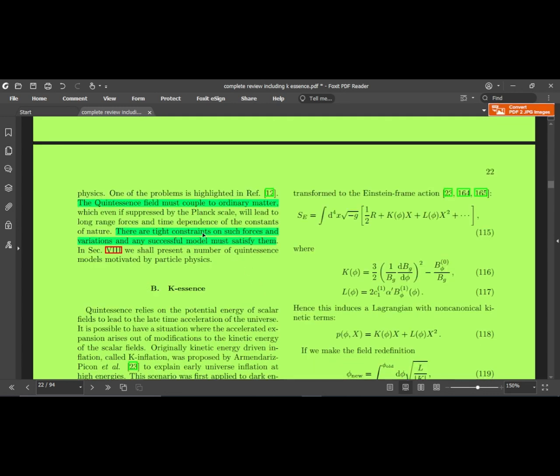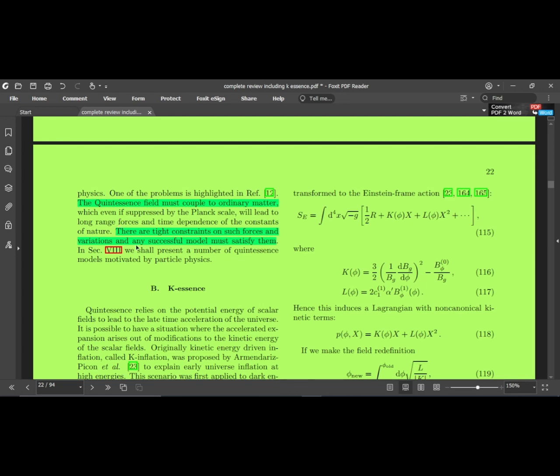So if you are getting time dependent constants as well as a long range force, the magnitudes of these forces must be such that they do not exceed certain bounds. Otherwise this basically implies the existence of a fifth force, and we still have not found a fifth force. That is the problem with this. We have experimentally found four forces: gravity, the weak force, the strong force, and the electromagnetic force, but there is no signature until now of a fifth force. But now the LHC has started its run at 7 tera electron volts, so maybe we can find something with this run.